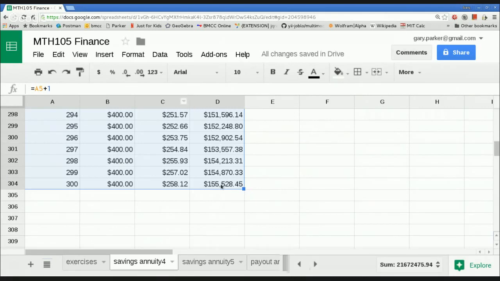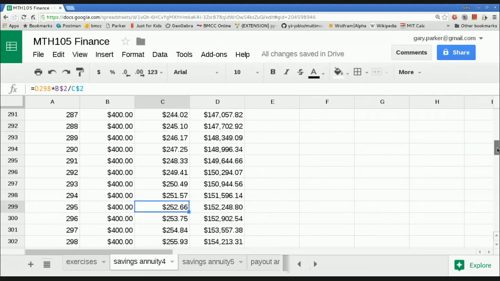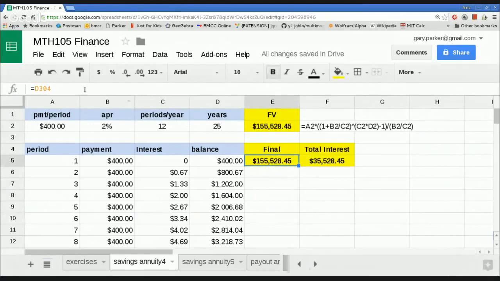So what the spreadsheet tells me is that if I pay $400 a month and my interest calculation is based on that 2% over once each 12 months, that I'll have $155,528.45. Scrolling back up to the top, I just put a reference to that last cell in D304 here. And I'm just confirming that I get the same thing as the book formula. Book formula is this